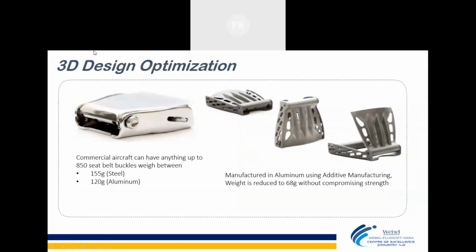So that now comes with the 3D design optimization. This is also a case study. When we will be discussing the case studies, this case study will be there. But this is a very good example of 3D design optimization. Design optimization is the biggest advantage of 3D printing. With 3D printing, we can do this design optimization, which brings down the weight without compromising the strength also. So do you know this part?